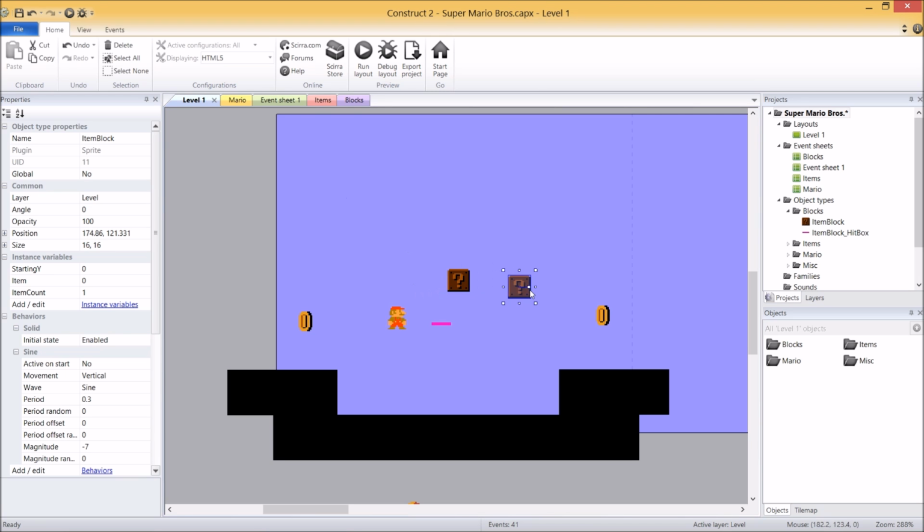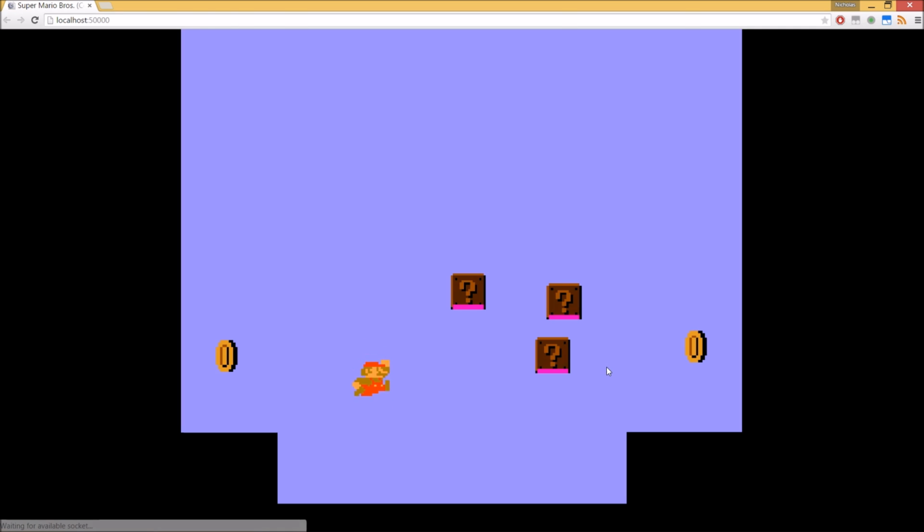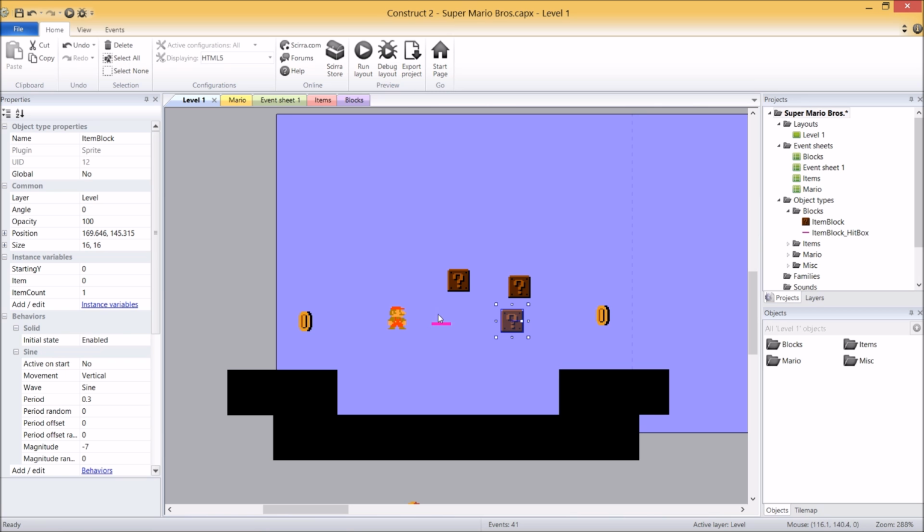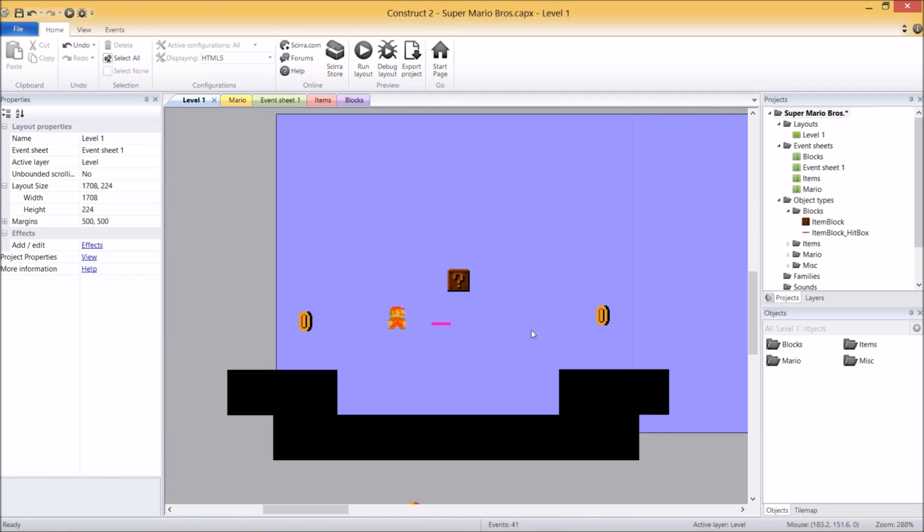And if I quickly duplicate the couple of item blocks, you'll see they all receive a hitbox just because we made the container. Okay? And you can see that they're all sitting on their own item block because they're owned by an item block. Okay. Let me delete those. I don't need those extra ones.